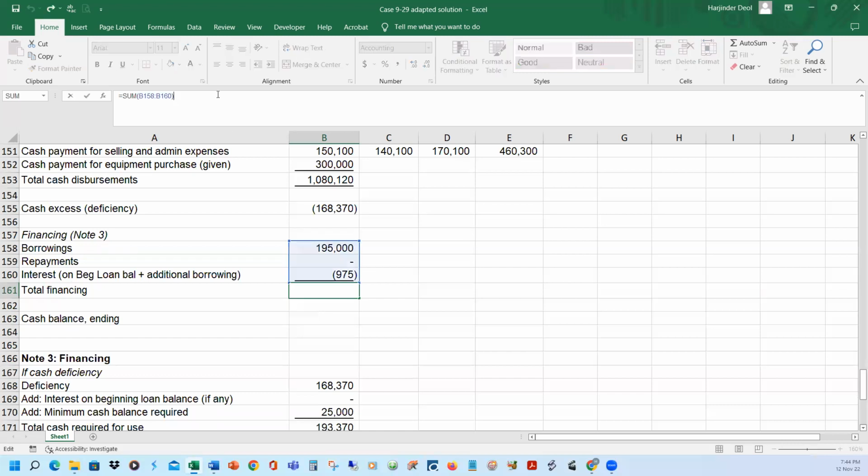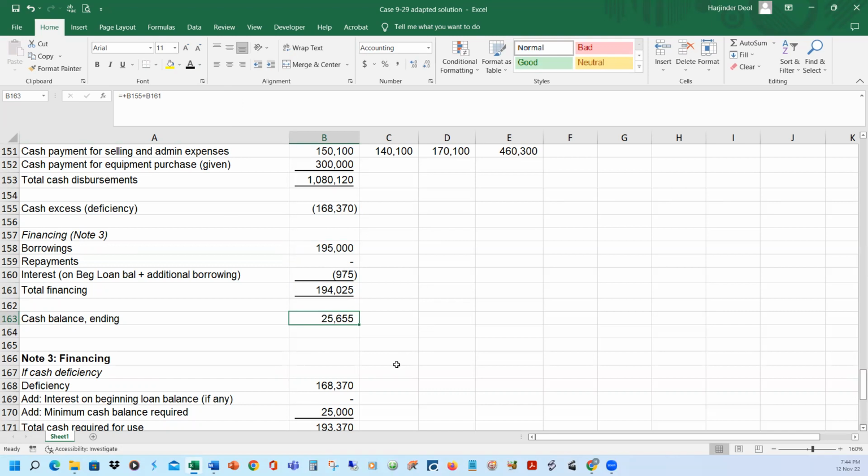Our total financing in this case will work out to $194,025. Our cash balance at the end of the month of January, therefore, will be the sum of the deficiency, which is a negative amount, and the financing, which in this case is positive because we borrowed money in the current month, will be left with